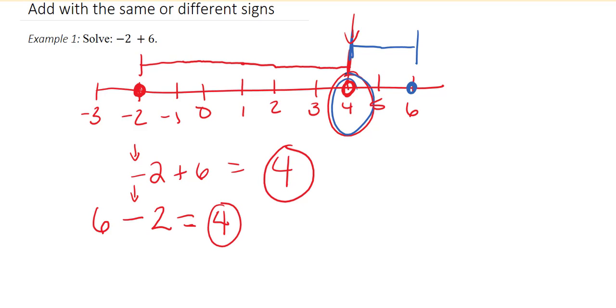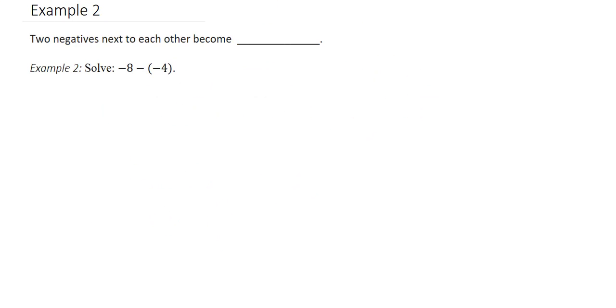Now let's look at another example. Example 2. When we have 2 negatives next to each other, they become positive. So let's look at the first example. So we have -8 minus -4. So that negative can become positive 4. And then we can go ahead and solve. So another way,